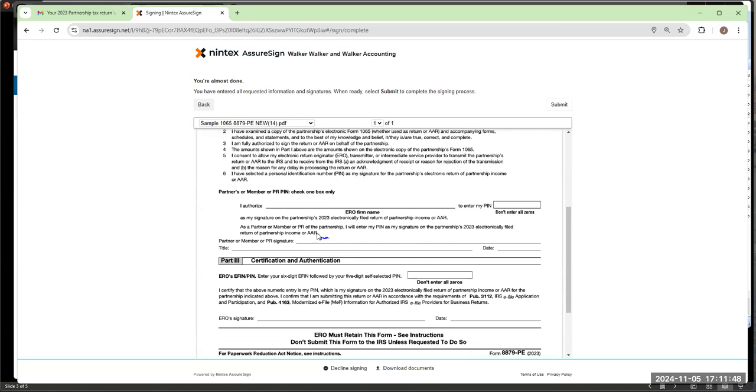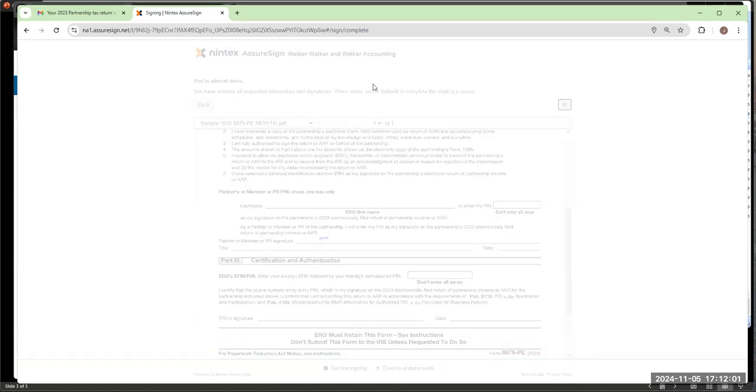Now down at the very bottom, you can see that signature looks a little small there, but not to worry. It actually prints a little bit bigger. It's just this preview window. It looks kind of small here, so don't panic, but I'll just click submit. And that is going to transfer my client back into